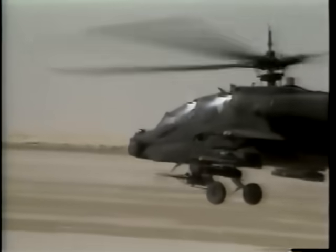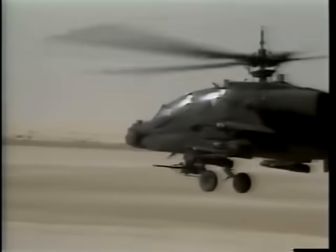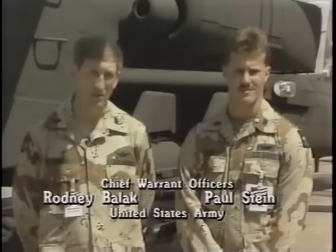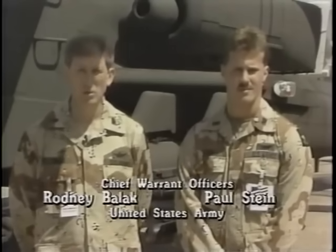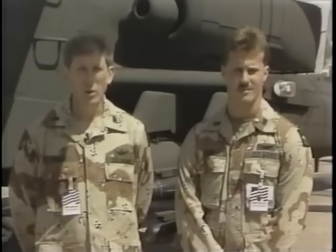Chief Warrant Officers Rodney Balak and Paul Stein crewed an Apache during the war. Balak talked about their missions. Its forte is to go out at night. It's designed for that. The FLIR devices work excellent in the desert. So by going out at night